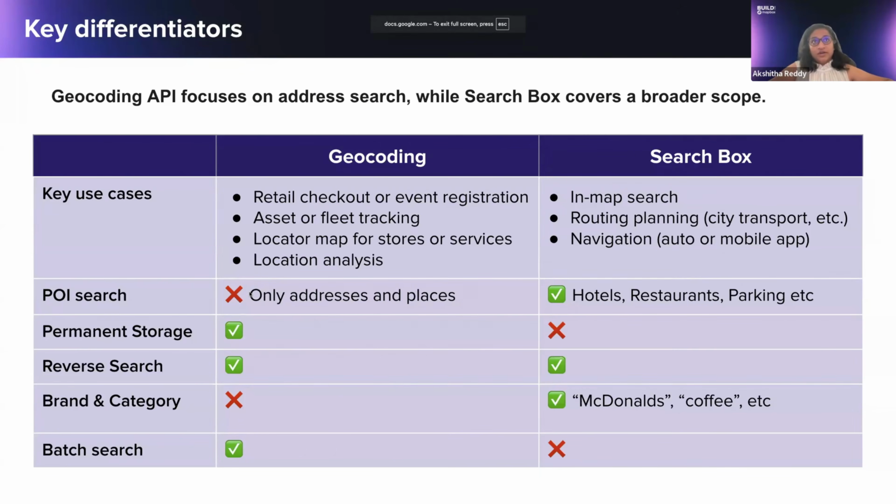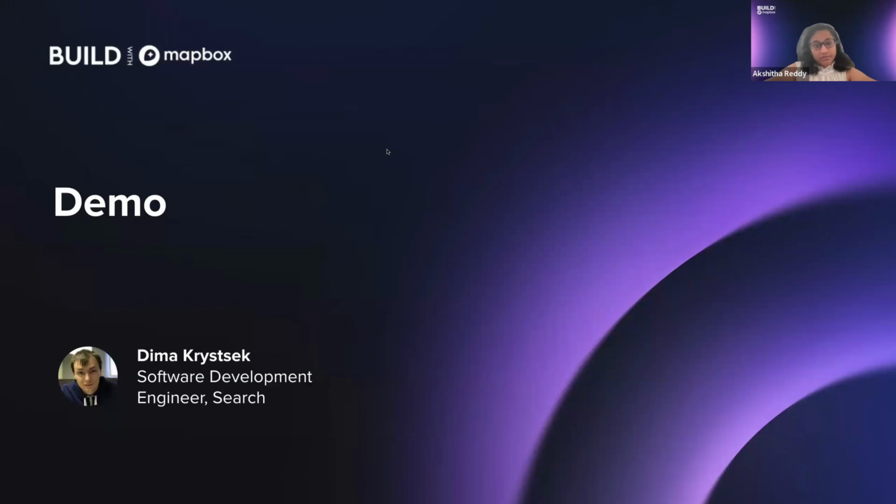Moving on, I wanted to answer the one main question that most of our customers have asked: what's the difference between the geocoding product and the search box product? So search box, at an overview, is another product within Mapbox under search. Under the hood, search box federates all of the geocoding requests to the geocoding API itself, which means search box is a wrapper around geocoding,